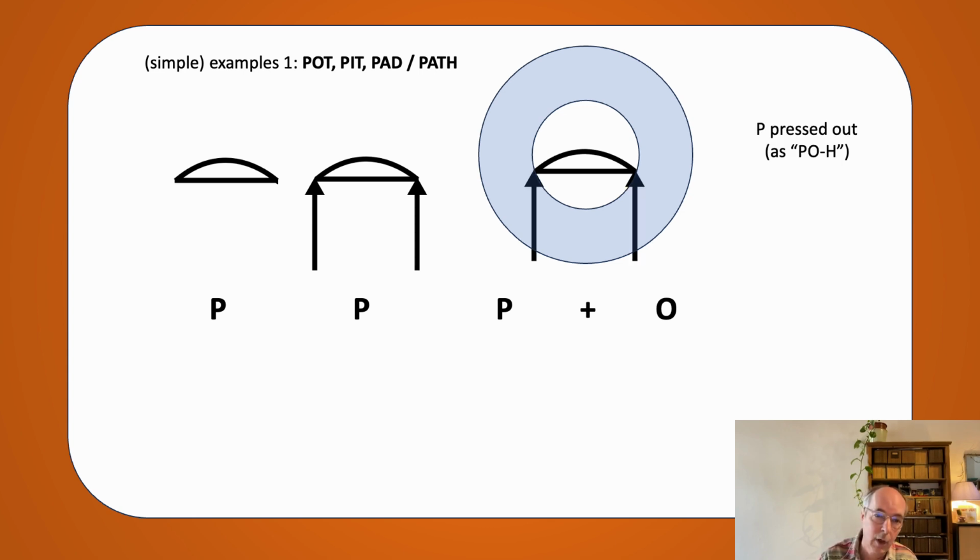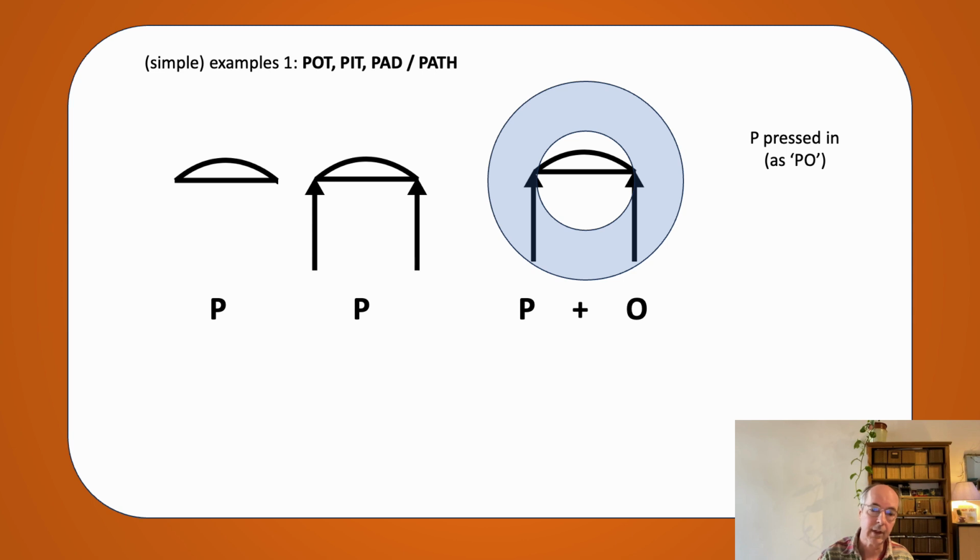Of course the position of the P can vary a little bit. If you put it a little bit lower, you have a little bit more place for the O, so then you have the letter O with a larger O. If the P is pressed a little bit higher, so that the O, the environment, is more underneath, is more inside, it is the PO, because then the O within its own form can be pressed in. So here I will have PO, the first word,